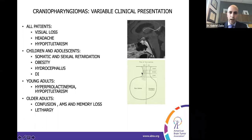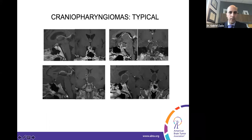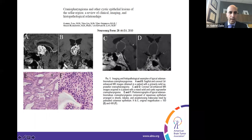These tumors tend to arise just above the pituitary gland, near where the optic nerves are, which is why they are associated with vision loss. So these tumors can be more aggressive. They're often solid and cystic tumors. They can be combined solid or cystic tumors, as you can see from some of these MRIs. And these are tumors that people believe